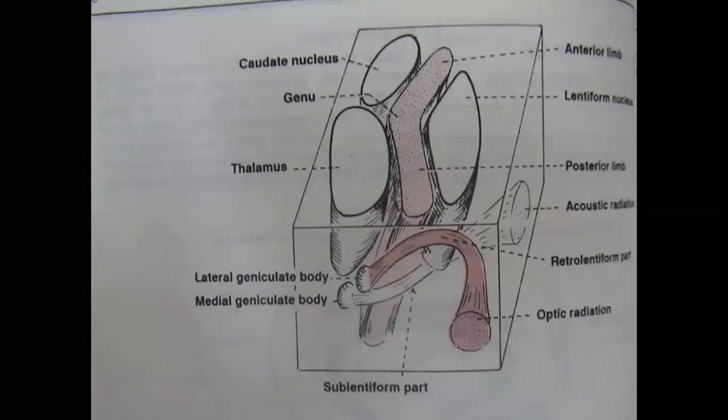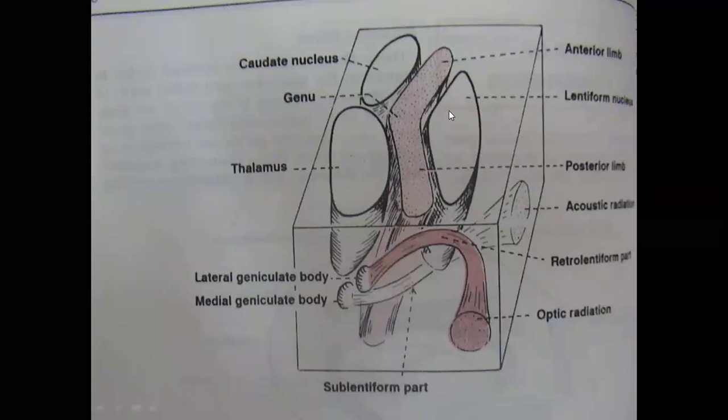Now after that we have the projection fibers, the fibers which are projected. A short note can be asked on internal capsule during examination. Projection fibers are those fibers which connect the various areas of cerebrum to the brainstem. In that, first we are going to see internal capsule. Internal capsule is a type of projection fiber. It's a V-shaped aggregation of fibers from the cortex of the brain to the brainstem.